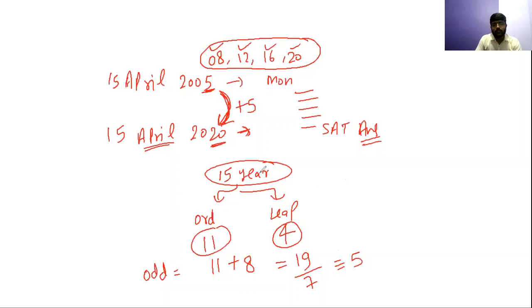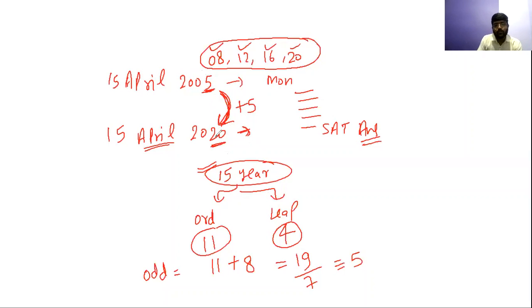See, I just revised the question again, how to solve this kind of question very quickly. When we have a very large gap, from 5 to 20, I see how many years difference there is. So we have a 15 year difference total. In 15 years, I need to find how many ordinary years and how many leap years there are. And these leap years I will count manually.